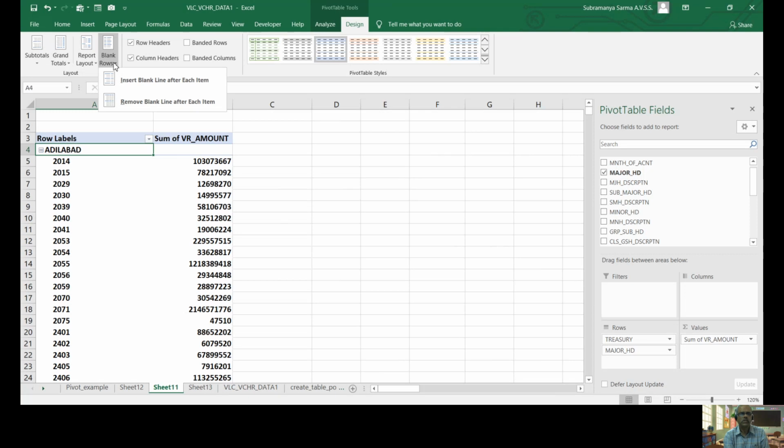Okay, blank rows: insert blank rows after each item. Then it will create blank rows. After each item, remove blank lines: if you click that, automatically it will remove them. These are all for readability and reporting purposes. So with this,